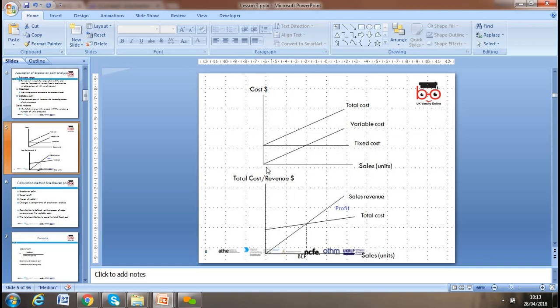So we have a sale. Fixed cost will stay fixed, either we sell 1 unit or 1,000 units. So our fixed cost, up to full capacity, stays fixed. Then we have variable cost. The cost will change. If we produce 1 unit, it will be lower, and if we produce many units, it will be